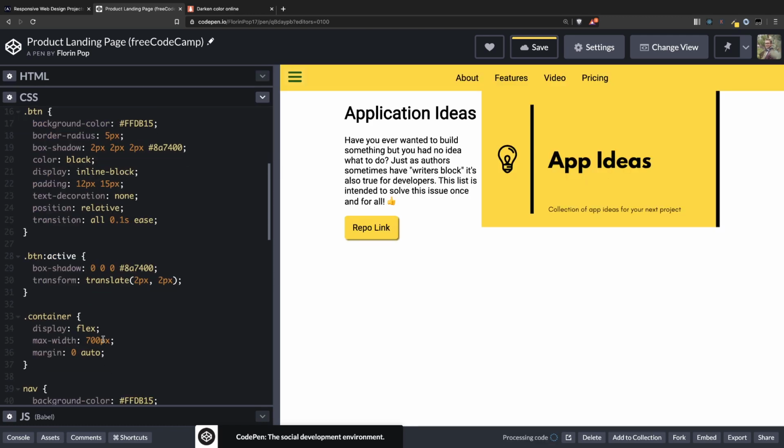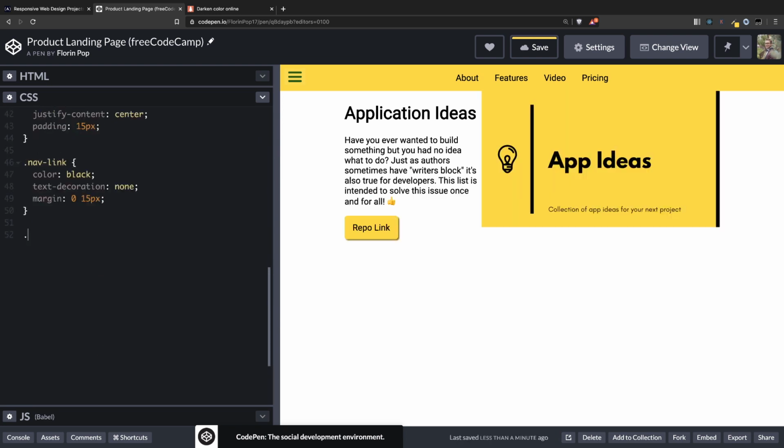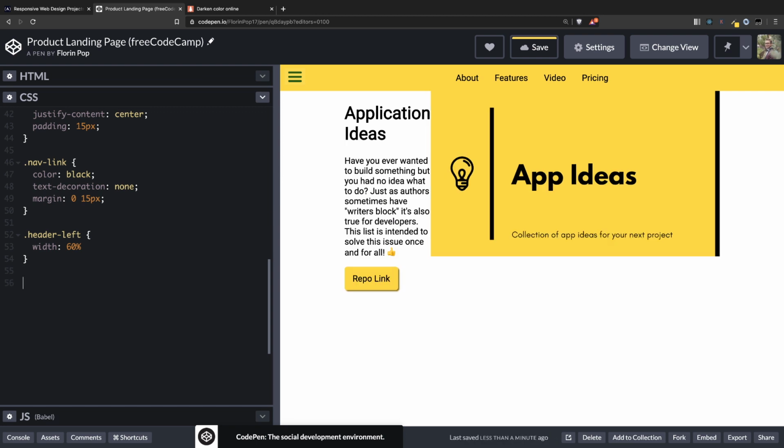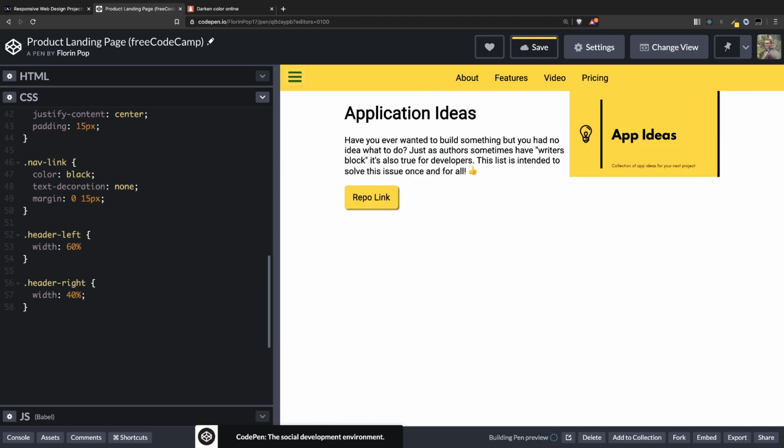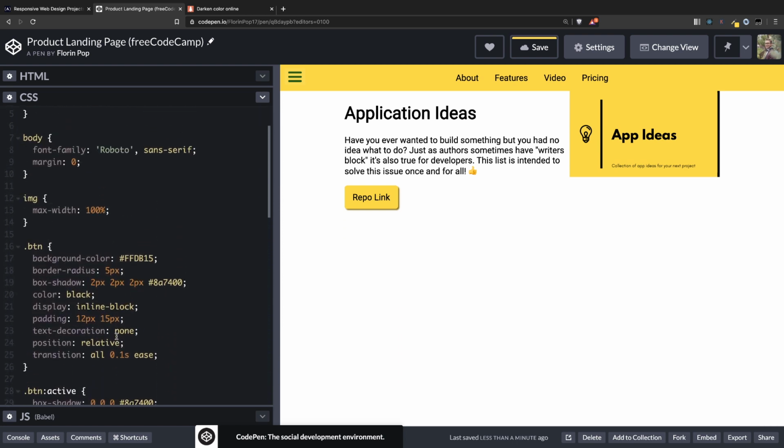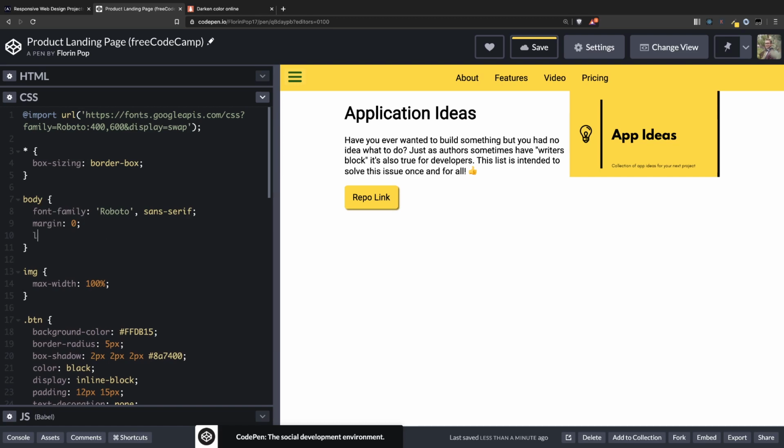And now in our CSS we can say something like header left should be width 60%, and then header right should be width 40%. Oh, okay. Also, the line height I want to be